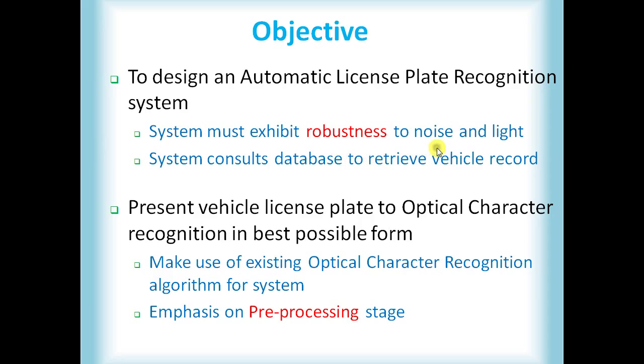So the objective of this project is to develop an ALPR system, but the emphasis of this particular project will be on the pre-processing stage. This project uses the existing OCR algorithm and makes an improvement on the OCR part of the algorithm. What we focus on is the pre-processing stages. Our assumption here is if the input for the OCR module is near perfect, then the OCR module will work as efficiently as required. If the input to the OCR module is not that great, then the OCR module will fail more often than not. So the objective is to improve the pre-processing stage in this particular project.